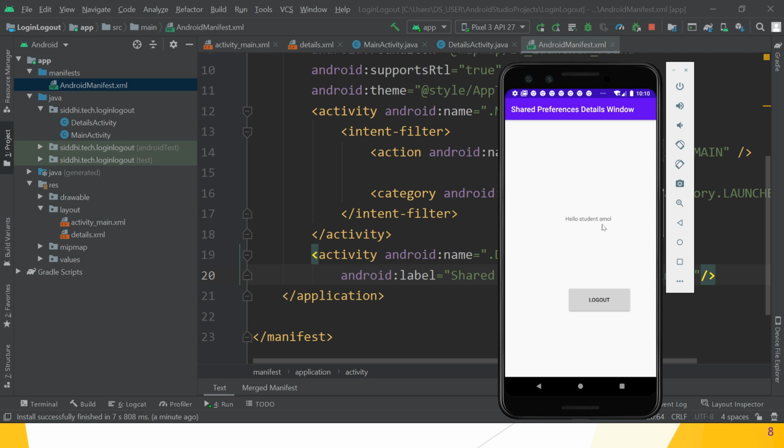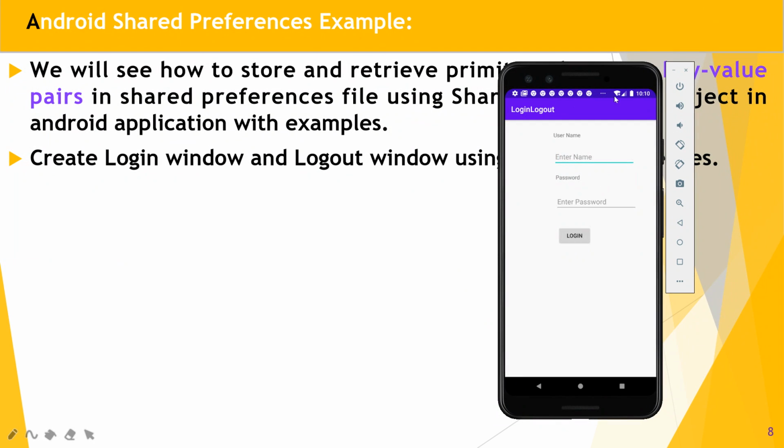When you click on logout, all the shared preference key value pairs stored in the shared preference file are cleared, and you switch from the details activity to the main activity. So click on logout and check whether it works properly or not. Guys, hope you understand this. So this is all about shared preferences.